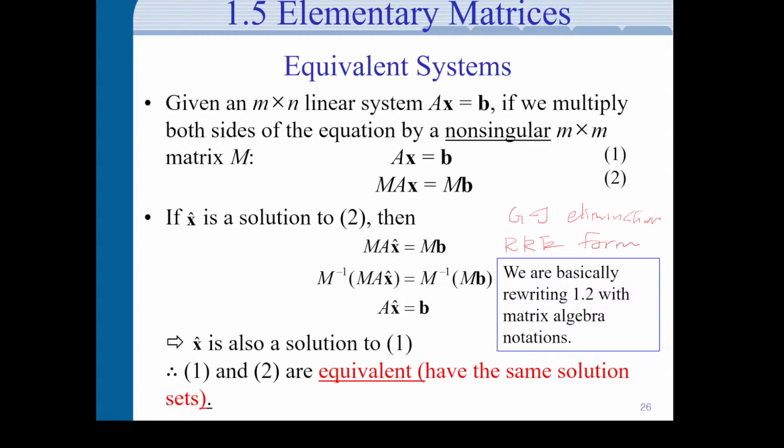Remember, we can already solve the linear equations with elementary row operations, getting your matrix into reduced row echelon form. And now we just write everything in terms of matrices, and in particular, in section 1.2 we have the elementary